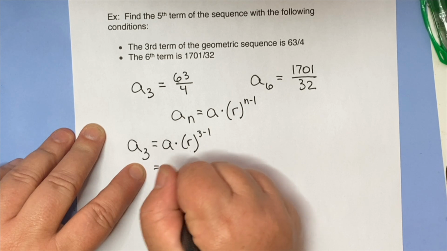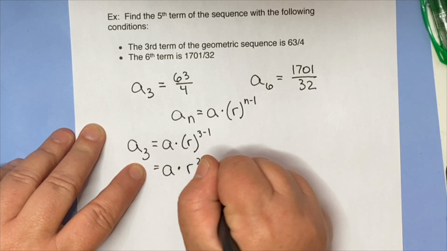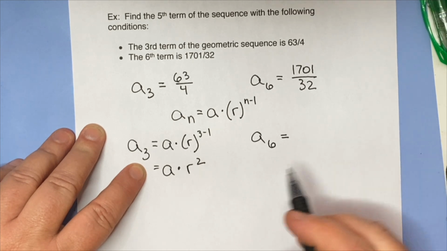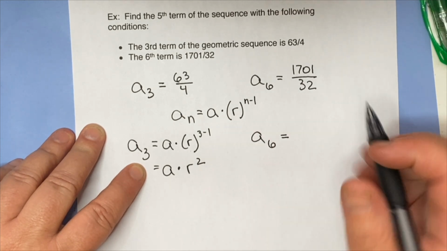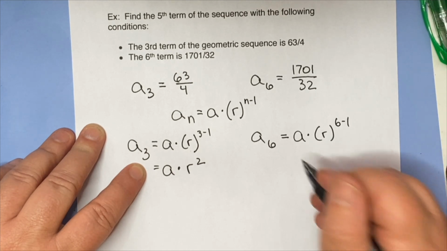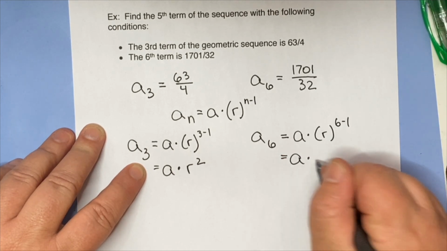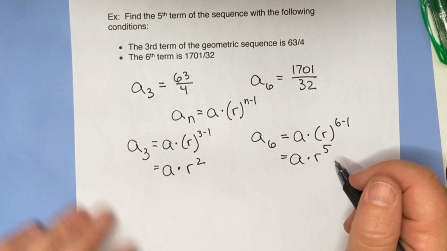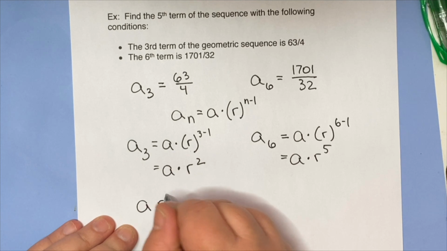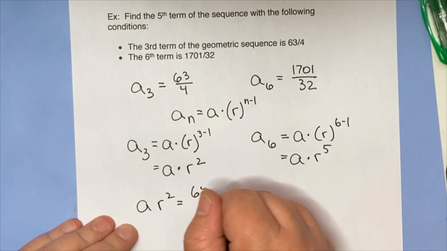So that's a times r squared. The 6th term is going to be a times r to the 6 minus 1. So that's a times r to the 5th. And so I know that a r squared equals